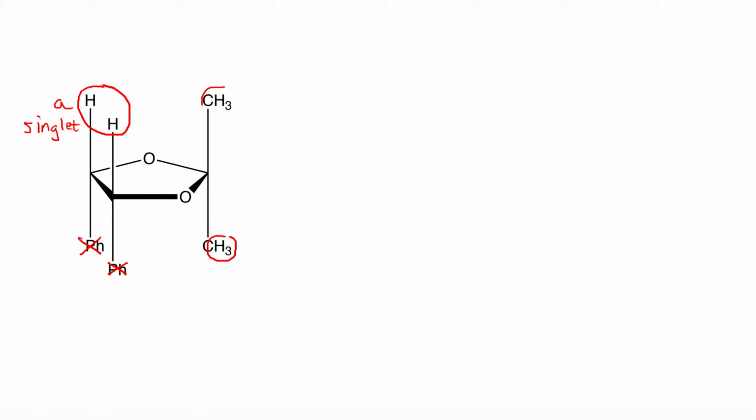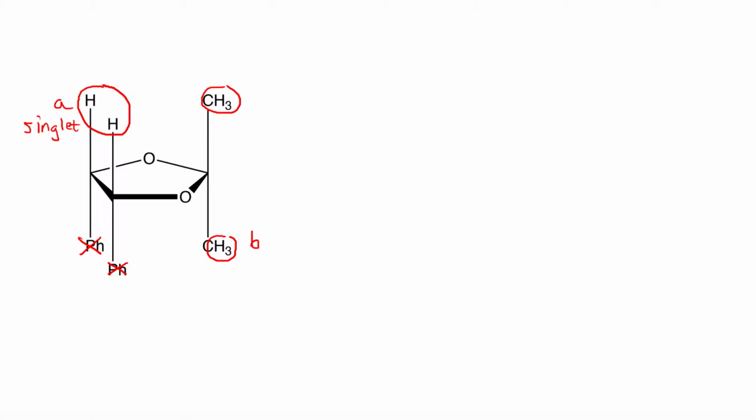Let's take a look at these methyl protons. We see that there's an oxygen, another oxygen, we have this proton, and we have the phenyl rings. So it doesn't seem like they're any different. So are they chemically equivalent? Well, they're not. As you can see by this Haworth projection, these methyl protons, I'll label it B, so these